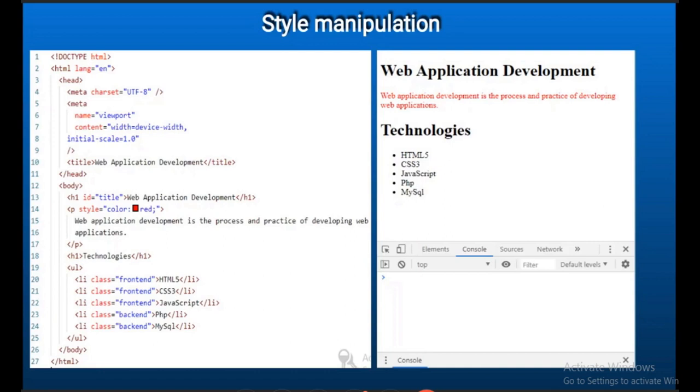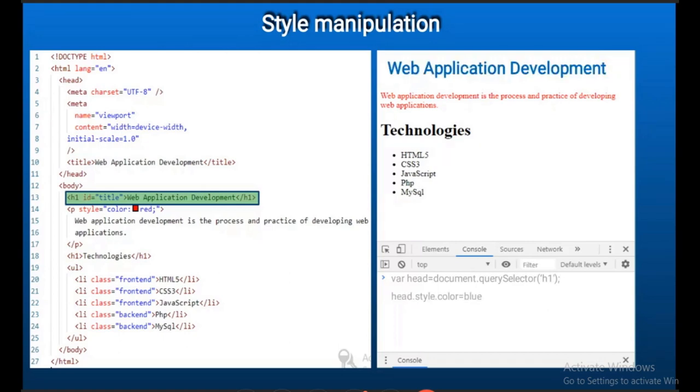Now we will look into style manipulation. We are focusing on style. For that, in the DOM we have a feature. You can see head.style.color is equal to blue. I simply give head.style.color is equal to blue. Then that particular color inside the style got changed to blue.